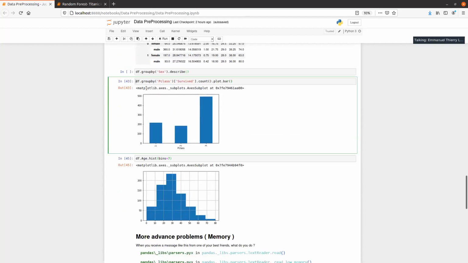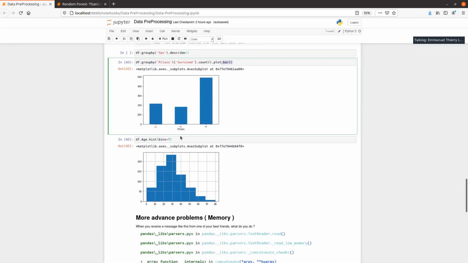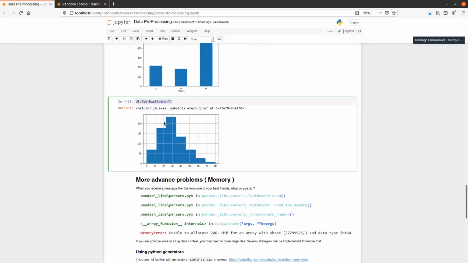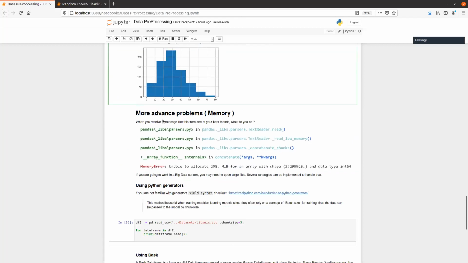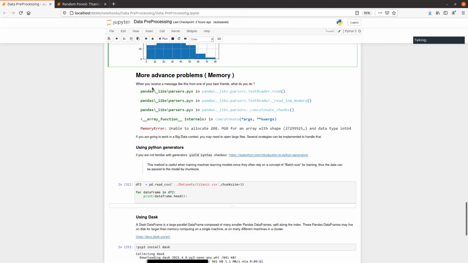And with Panda, you can really quickly, easily plot graphs, but just do dot plot and then select the type of plot that you want. You can even do a histogram really easily. So that makes it really, really fast to do any given graphs, plots, data pre-processing, data analysis. So it's pretty handy.